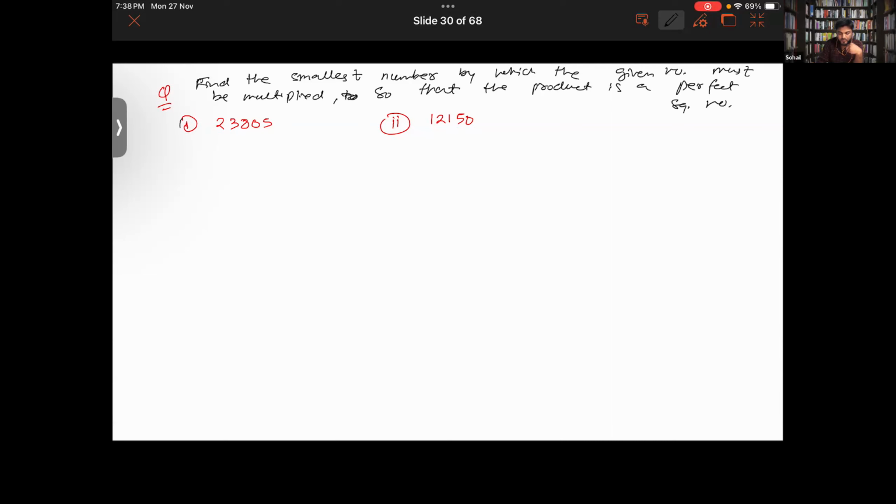By the way, are you getting this question? These are two numbers given over here, and they are not perfect squares. We have to make them perfect squares. So we need to find by which smallest number I must multiply them so that I get a perfect square number. See, I will be solving one of the questions for you guys. So for the first question,